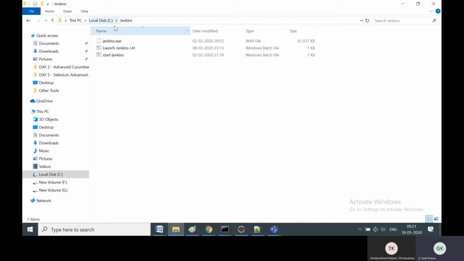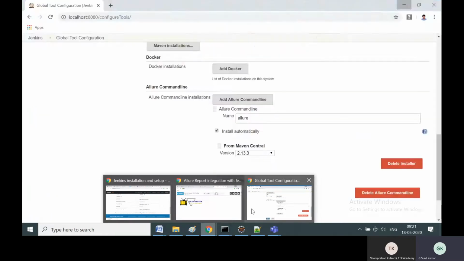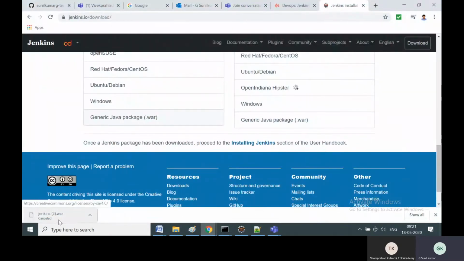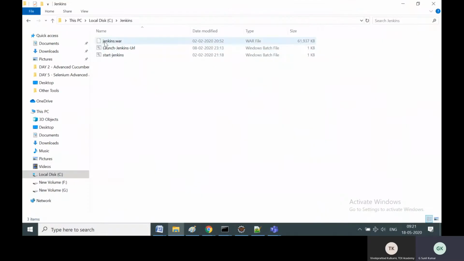Here I have put a dedicated folder in the C drive called Jenkins. In this Jenkins folder, we have the Jenkins.war file we downloaded, as you saw. You can even copy the newly downloaded Jenkins.war file and paste it here. So the first step is ready.